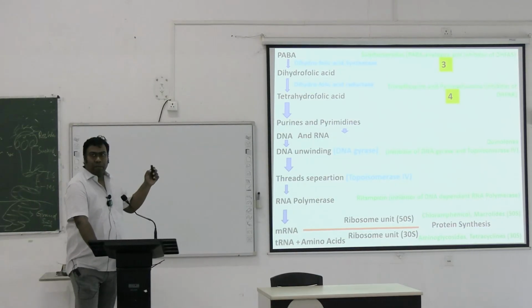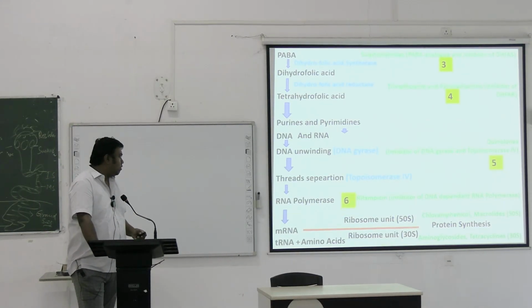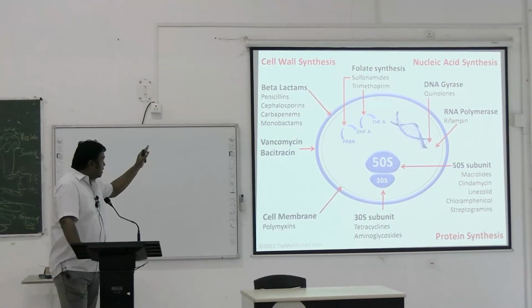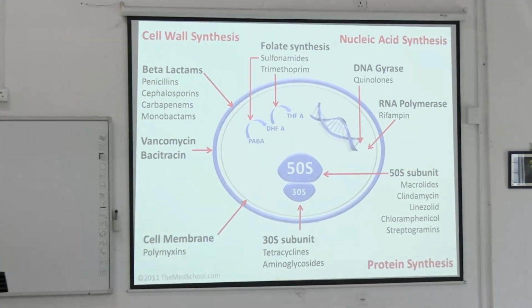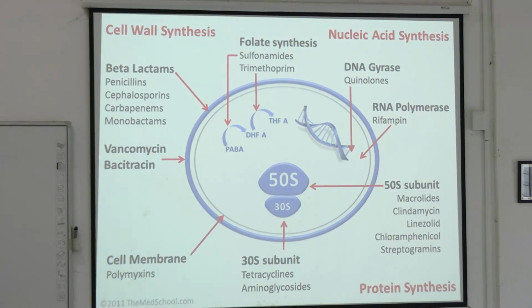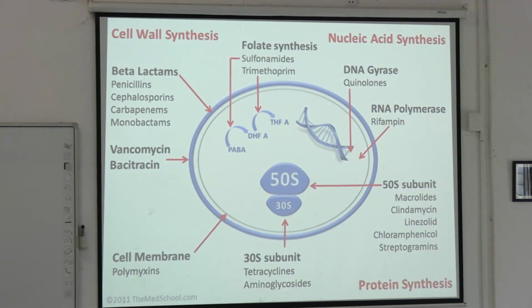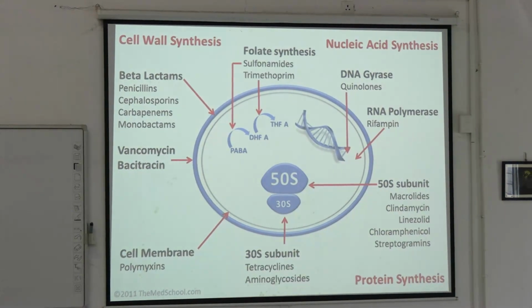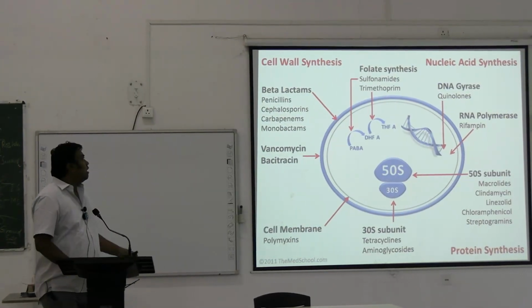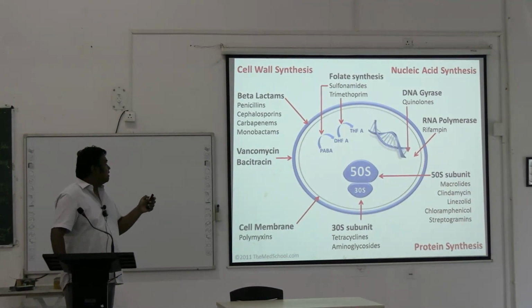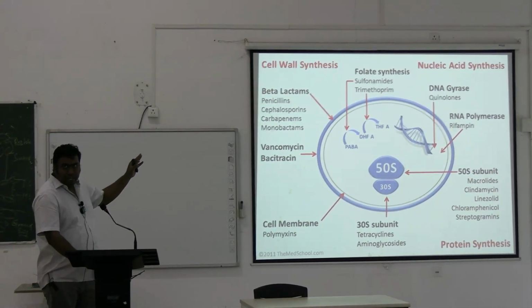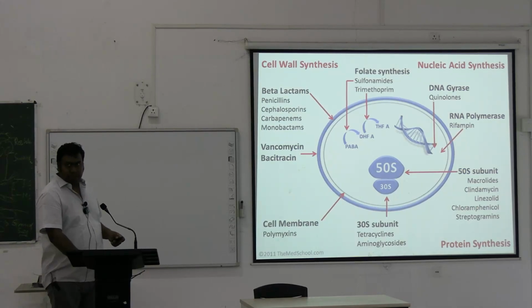এগুলো আগে যেগুলো আমরা পড়েছিলাম সেগুলো স্যার নাম্বারিং করে দিলে এটা চলে আসবে। সেল ওয়াল সিনথেসিস, পেনিসিলিন, সেফালোস্পোরিন, কার্বাপেনেম, মনোব্যাকটাম, ভ্যানকোমাইসিন, সেল মেমব্রেন পলিমিক্সিন, 30S tetracycline aminoglycoside, 50S macrolide, clindamycin, linezolid, chloramphenicol, streptogramin, RNA polymerase, rifampicin, quinolones, DNA gyrase. আর ফোলিয়েট সিনথেসিস ইনহিবিটর হচ্ছে সালফোনামাইড, রিডাক্টেজ ইনহিবিটর ইজ ট্রাইমিথোপ্রিম।